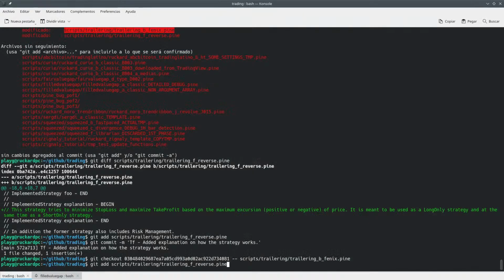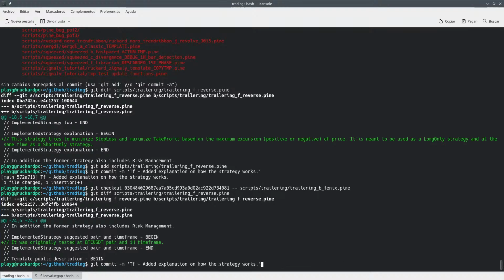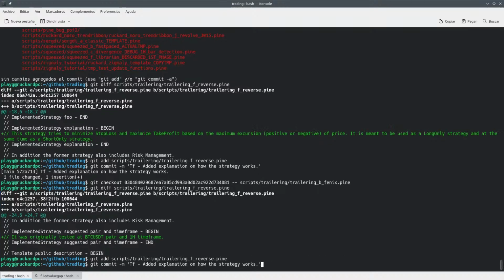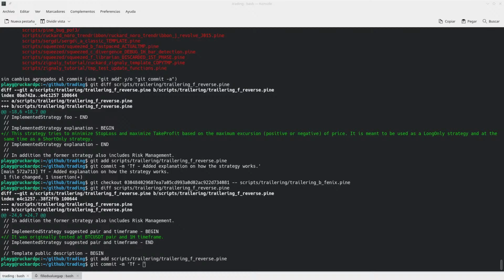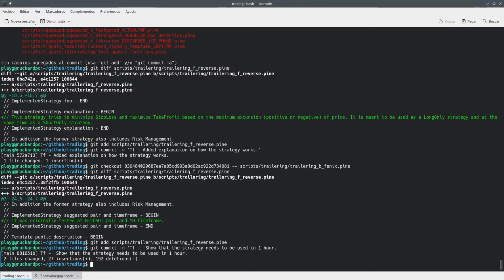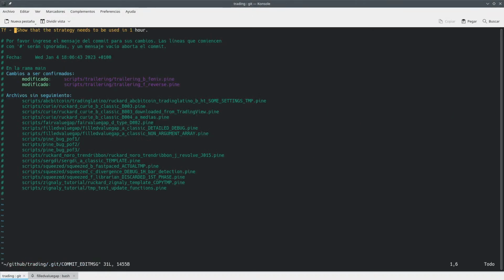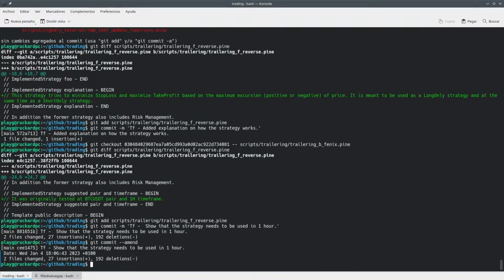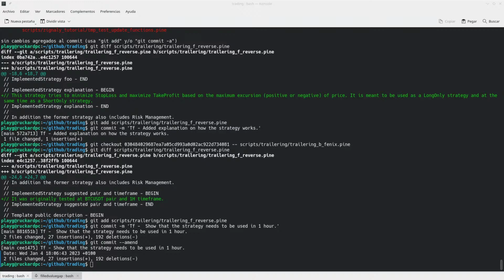That means that, yeah, okay. Now we can say show that the strategy needs to be used in 1 hour. Wait a minute. There happens to be one more space than the one we want to. Okay, so